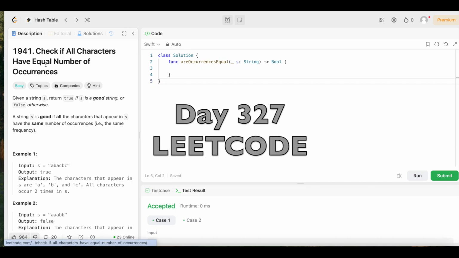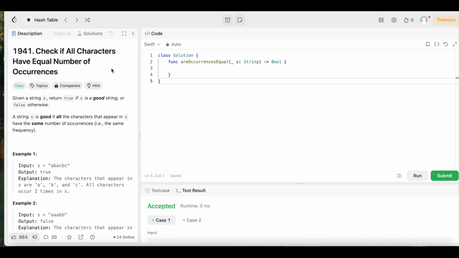Day 327 of doing a LeetCode problem every day until I get a job. All right, y'all, we're back again, another day, another LeetCode problem where we're doing daily LeetCode problems. And today we have question number